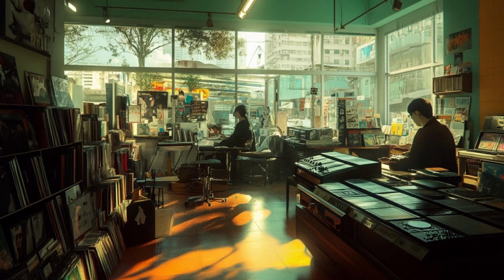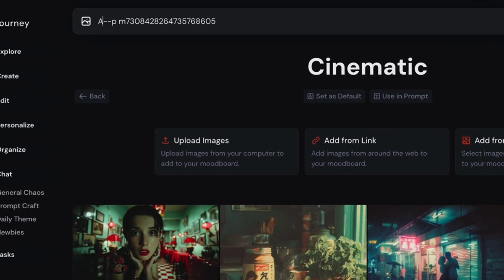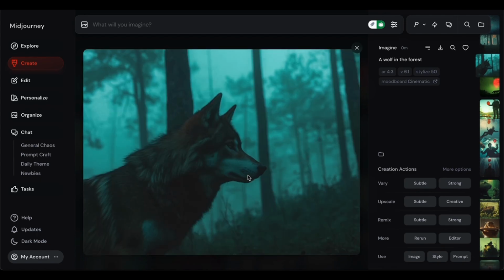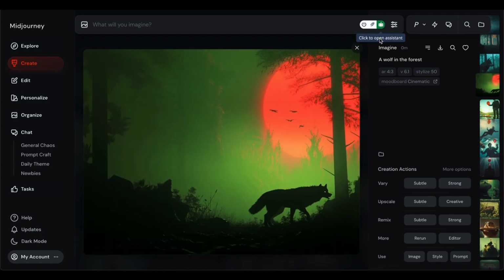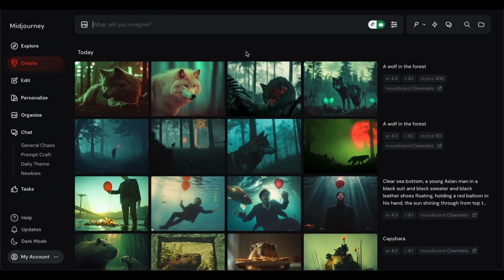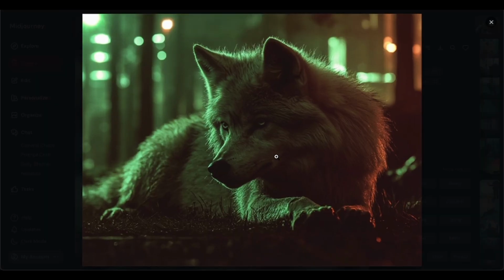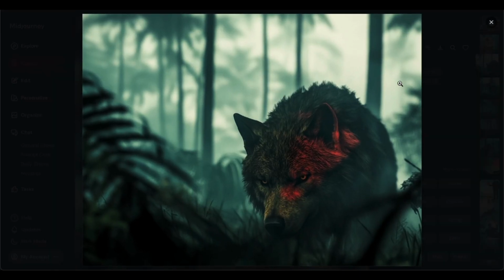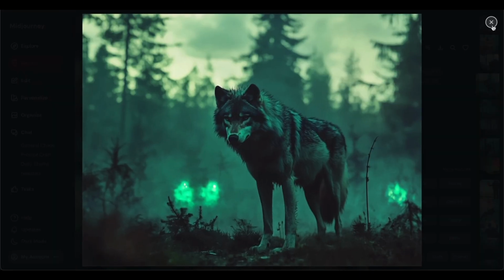Cranking it up to 200 plus, the mood board style takes over the show. Check this out. A wolf in the forest with my cinematic mood board at stylize 100, that's the default, 50 and 500. At stylize 50, the wolf and forest are crystal clear with just enough of that movie magic. But at stylize 500, whoa, full-on cinematic treatment. Sometimes so stylized it might not get every detail from your prompt right, but in this case, I'm a fan